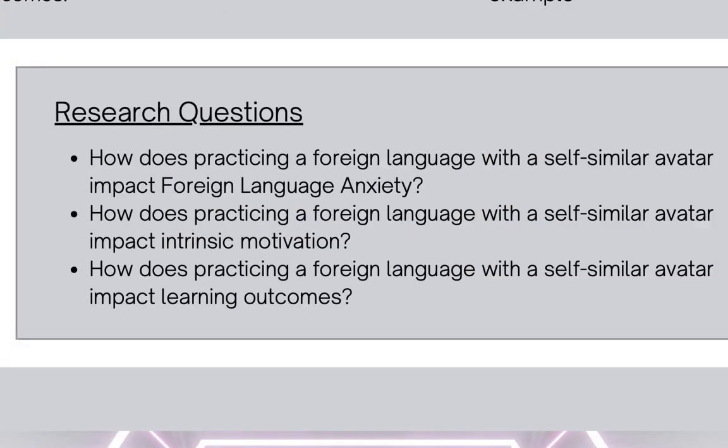The research questions that we included in our experiment were: how does practicing a foreign language with a self-similar avatar impact foreign language anxiety? Another question was: how does practicing a foreign language with a self-similar avatar impact intrinsic motivation?